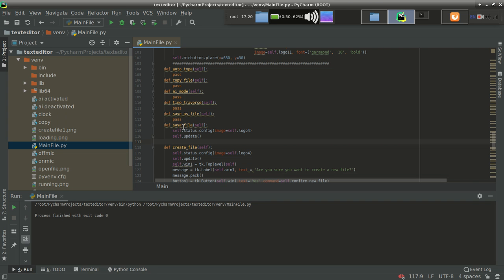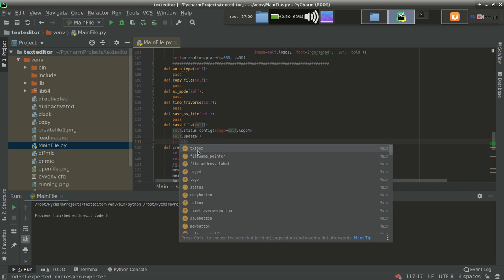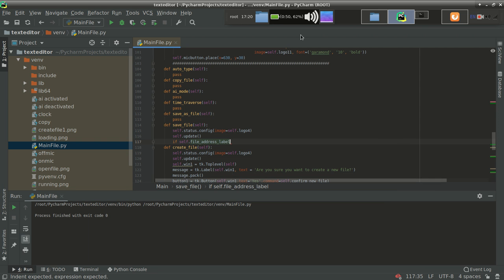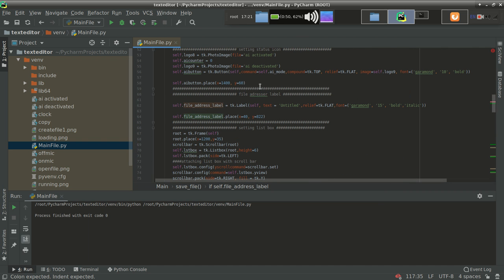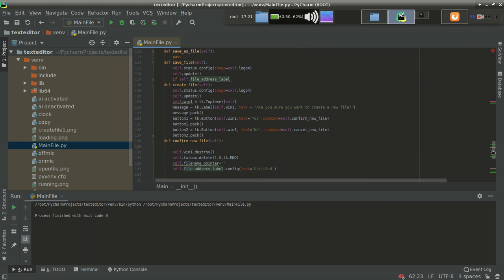So let's use that. I am checking the condition: if self.file_address_label. You can see over here, the name is file address label, because here I have written untitled. This is the name of that label, so I am using that value.